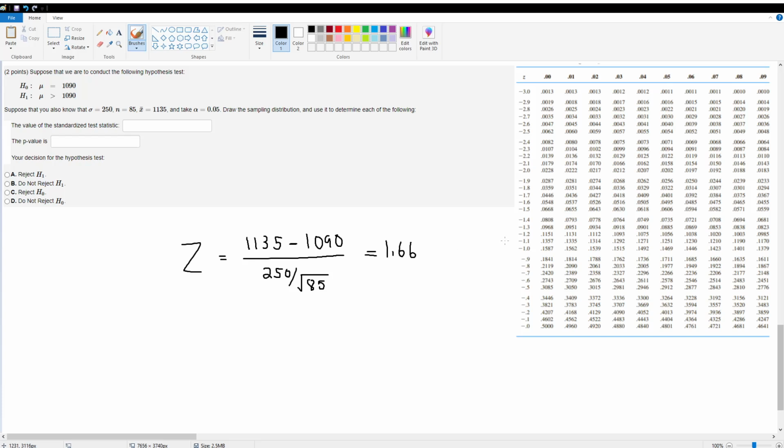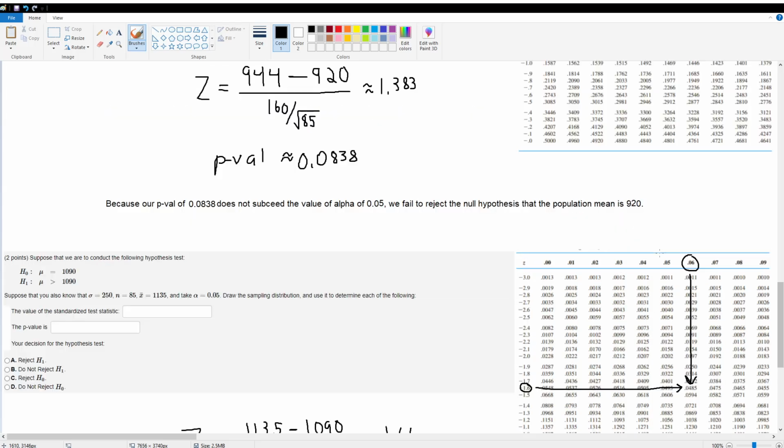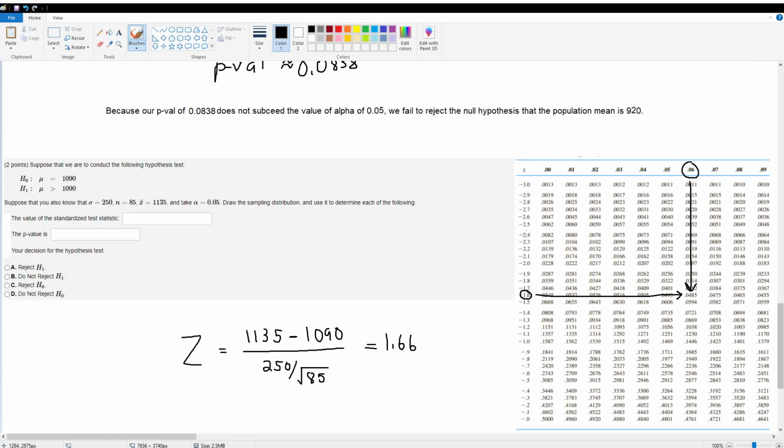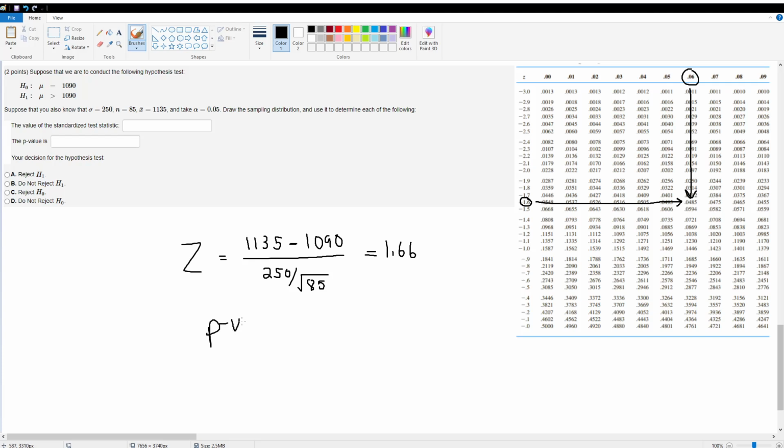So now to get the p-value in the table, once again, take the lower value, negative 1.6. Then there's our second decimal, the 0.06. We find the intersection of the two and get 0.0485 as our p-value. Notice that when compared to the problem a bit higher up, when it had the third decimal place, we don't have to worry about that this time because it'll just round off to the second decimal place. So we have our p-value of 0.0485. And once again, because our alternative hypothesis has the greater than sign, it's a one-tailed test, so there's nothing